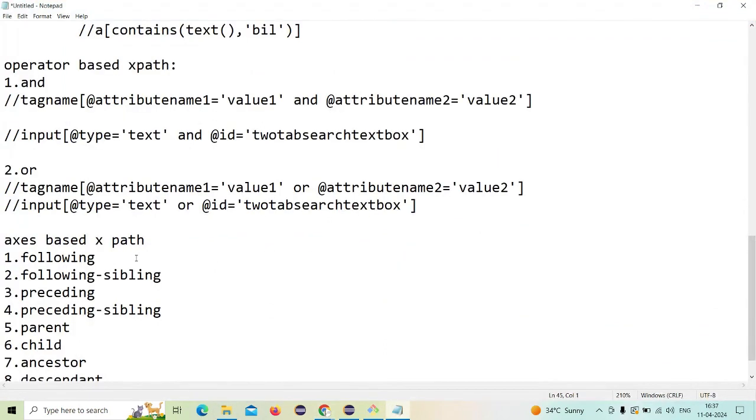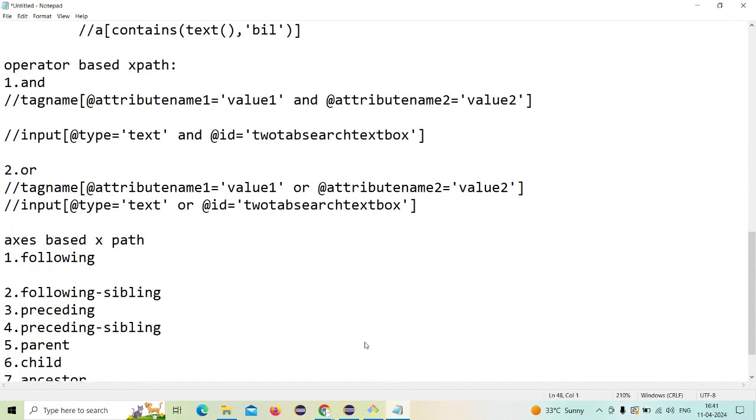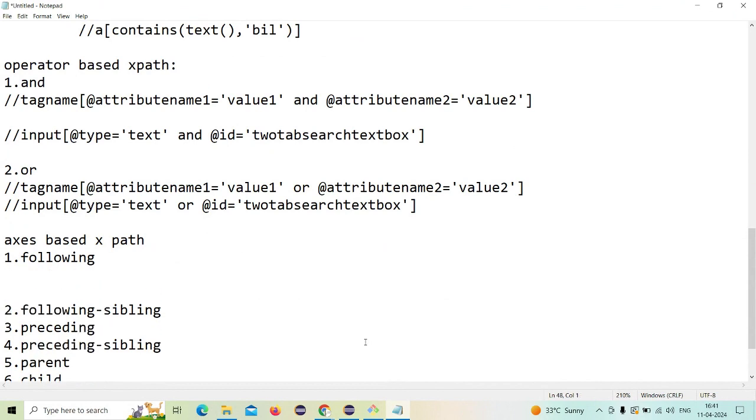Now let's go for an axes based XPath. First, we'll see the syntax for following. The syntax is double slash, tag name. Guys, one thing: either we can give a tag name or star. If a tag name, it's going to take from the corresponding tag; star means it's going to search the entire DOM. Then at attribute